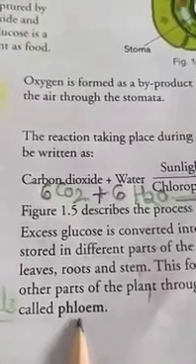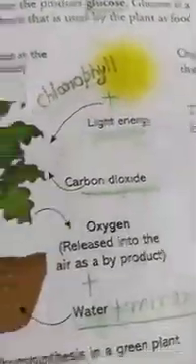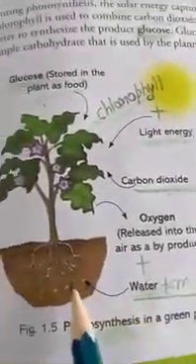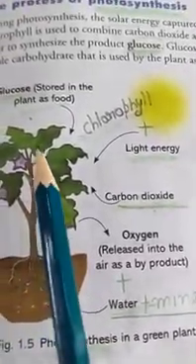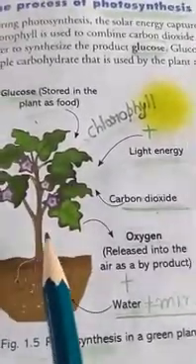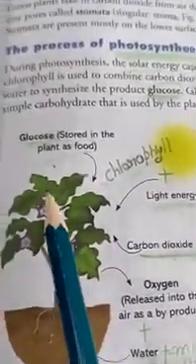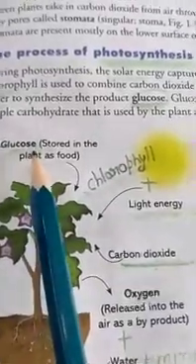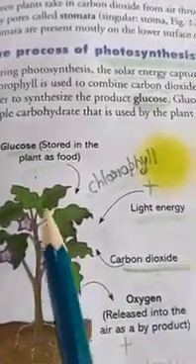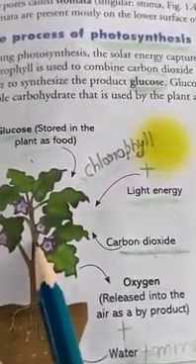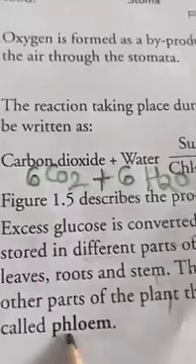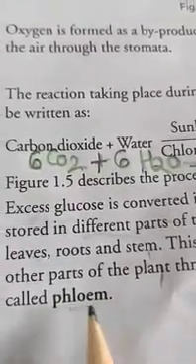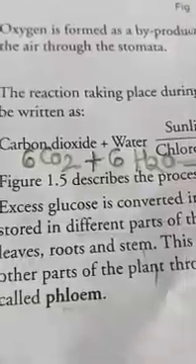The work of xylem and phloem I will show you by the diagram. Dear students, just look at the pictures. Water absorbed by the roots is transported to the leaves and other parts by a tissue. That tissue is called xylem. The food which is prepared by the plant in the leaves is transported to other parts of the plant like the stem and the roots by a tissue. That tissue is called phloem. Now, dear students, I hope you understood the work of xylem and phloem in the plant.